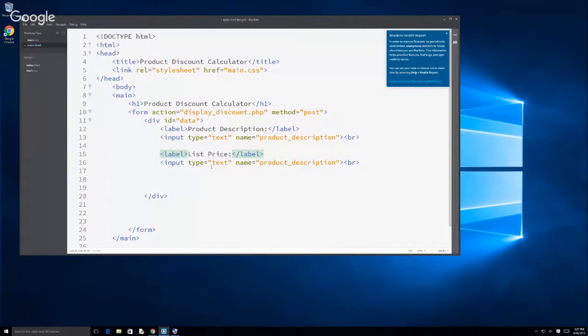Again, the type is going to be text, but we need to change the name, and this is going to be list_price. Okay, and then the last one, so you can copy this one more time. It's going to be discount